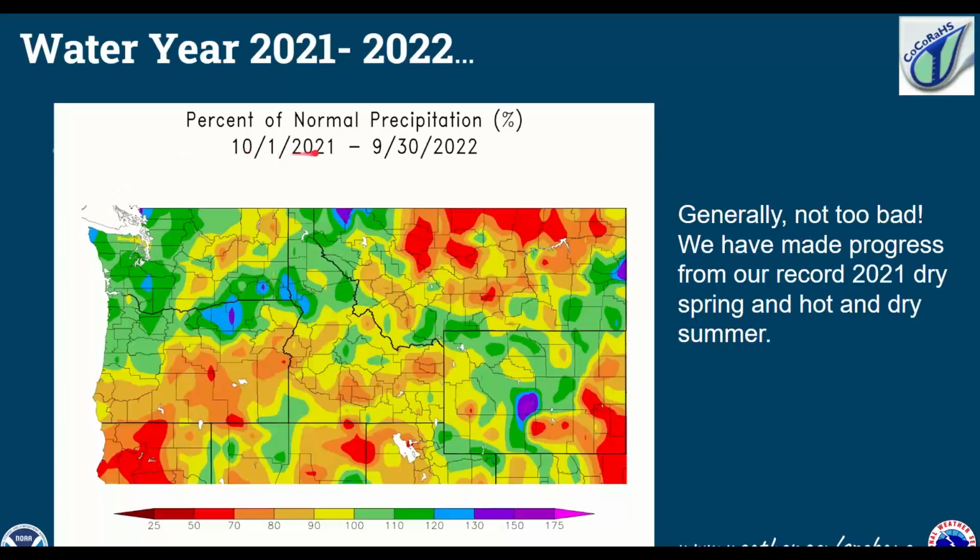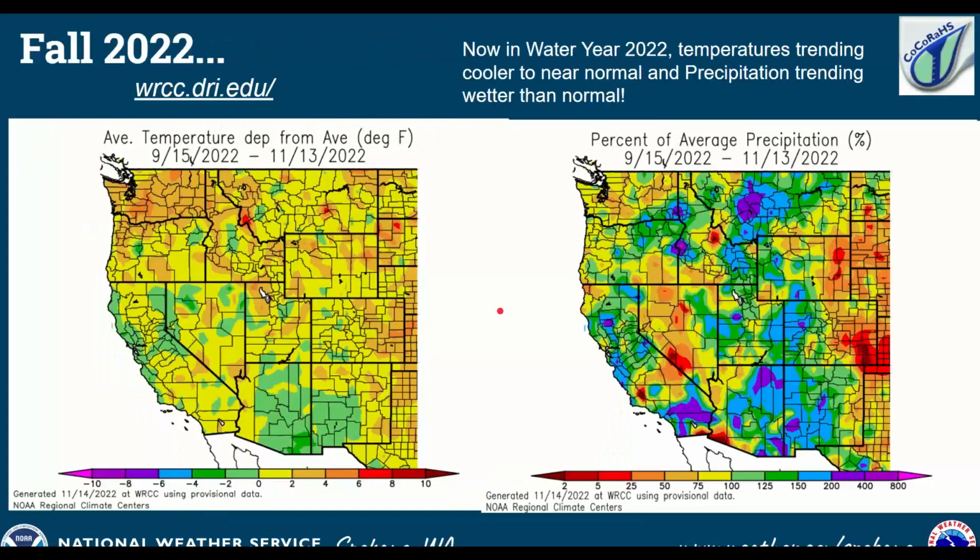So if we look back at the last year, generally not too bad. Where we see the oranges and yellows, that means it was below 100%. So, parts of Grant County, Douglas County, a little bit of Stevens County, we had some pockets that were a little on the dry side, but for the most part, the Southern Columbia Basin, south and east of Spokane, and the Idaho Panhandle fared quite well, and also Okanogan County and parts of Chelan County as well. So that was all some very good news.